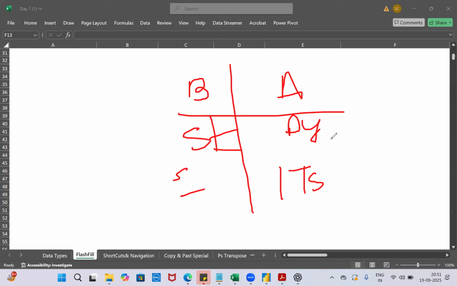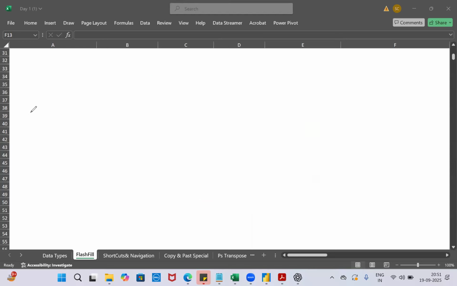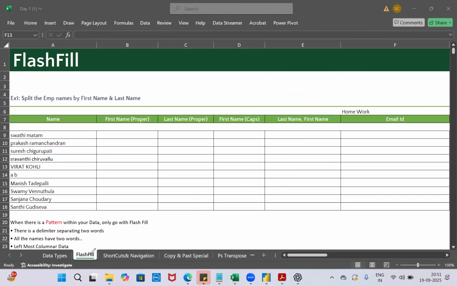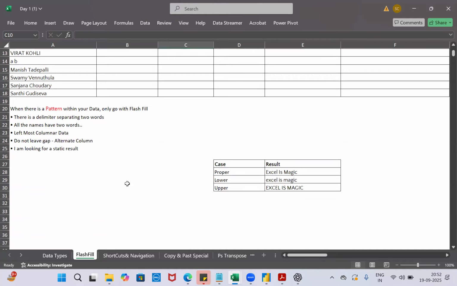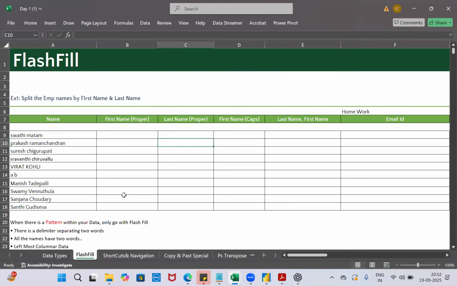Dynamic means human intervention is not needed. If you give the solution once, it will keep on updating every time. But here, you have to be behind it all the time. So that's what we are going to start with, basic. Today's concept I'm going to explain is flash fill. It will help you update thousands and millions of data without doing anything, with only one magical keyword.